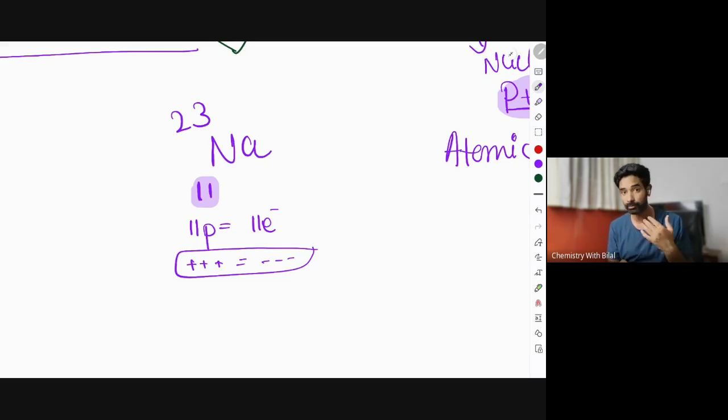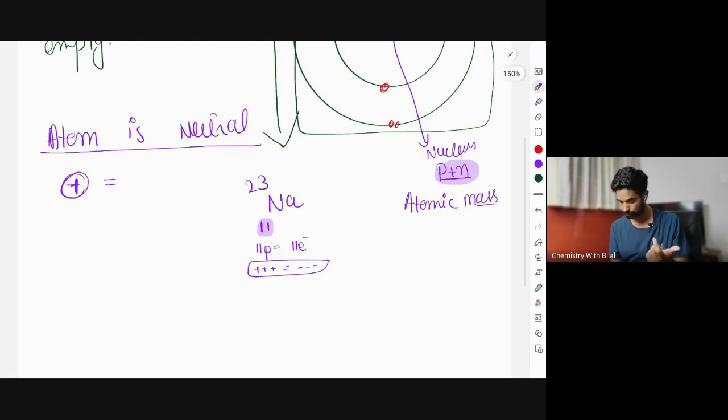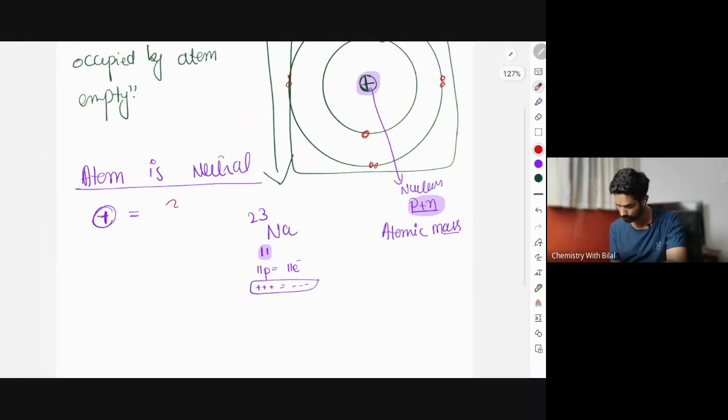But you can remove or add electrons, just the electrons. We cannot add or remove the protons. So you can add or remove electrons to make the atom charged, which are called ions, cations or anions. So atoms are neutral because the number of protons is the same as the number of